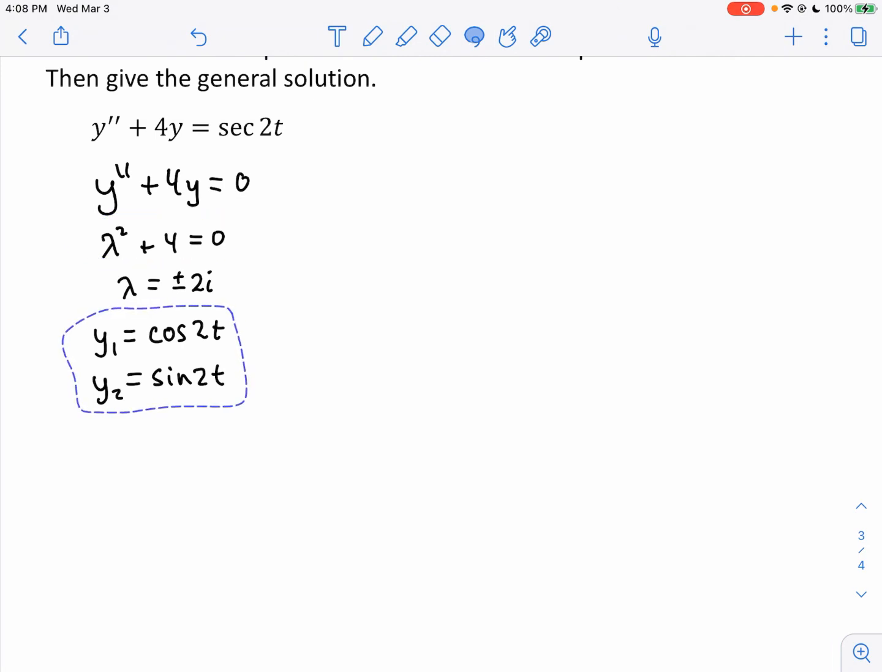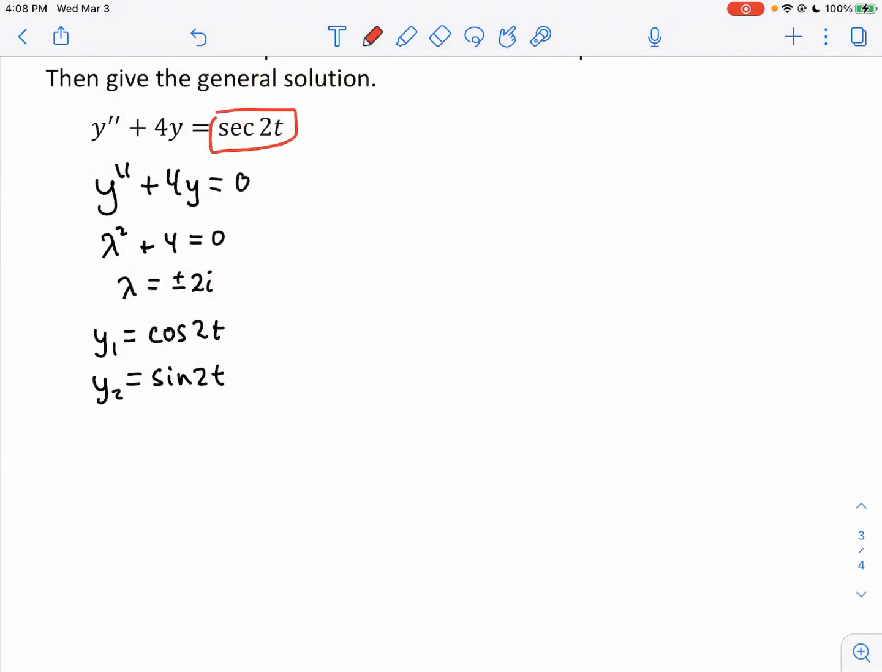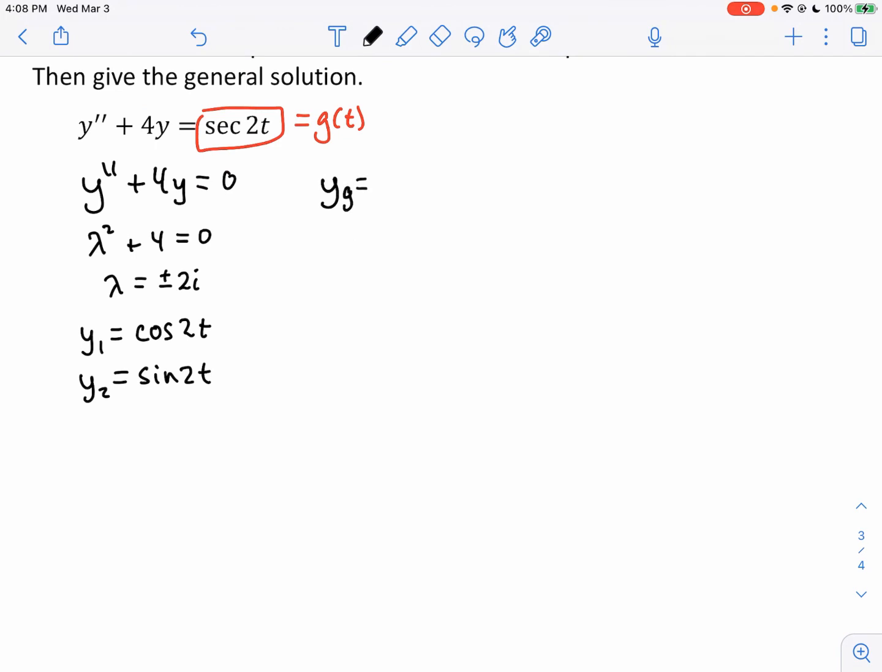Okay, now that that's done, we can make sure that your coefficient of y double prime is 1, which it is. So this is our g of t this time. So g of t is secant of 2t. That's our forcing function. And now we can go straight to the formula. So the particular solution y sub g is equal to y sub 2, which is sine 2t, times the integral of y sub 1, which is cosine 2t, times g, which is secant 2t, all over